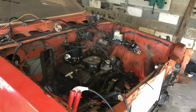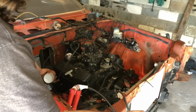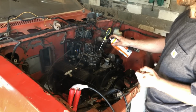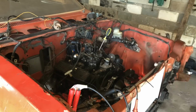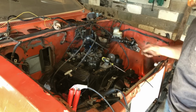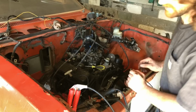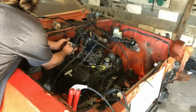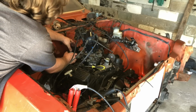Maybe we should throw a throttle body on there. Get the plug wires out of the way of the invisible manifolds. There we go. I had it 180 out. You'd think I'd learned my lesson and check that, but I always go, it's just 50-50. Not a big deal. We'll pop it out, get it straight. Slide this guy out, turn that pointer this direction, and see. Right there,